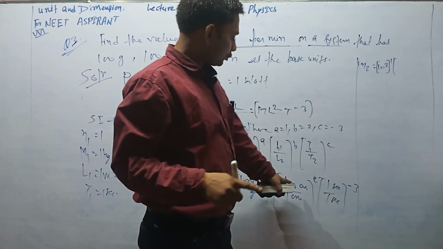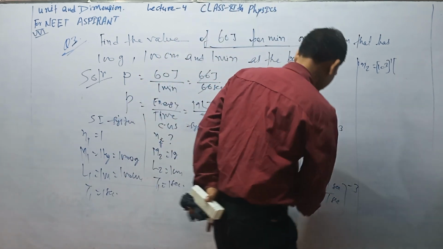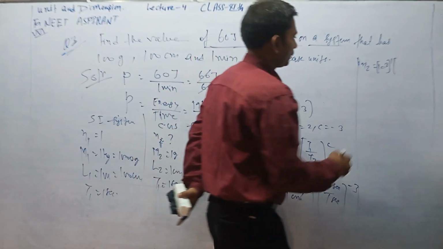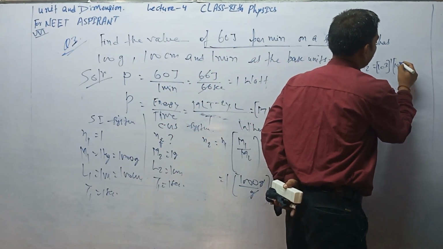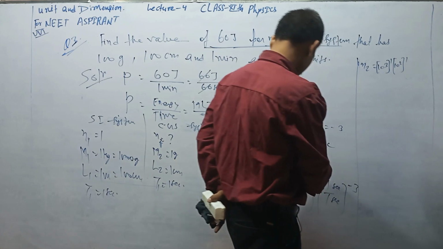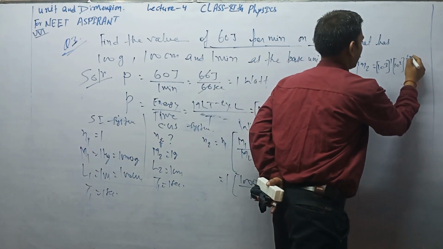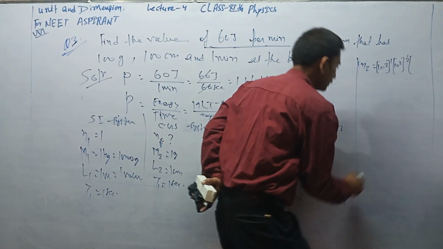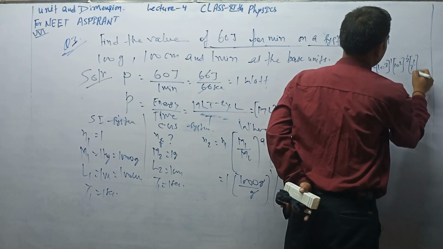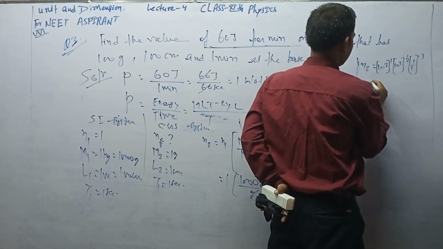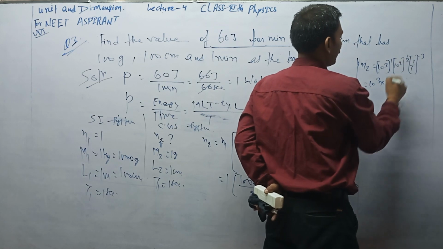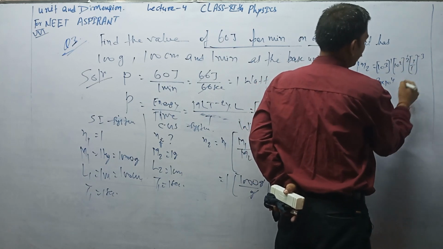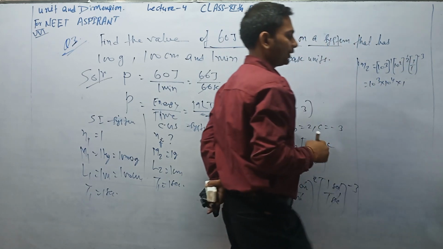Now 10 to the power 2 whole to the power 2, centimeter centimeter cancel out. 10 to the power 2 whole to the power 2, second second cancel out, 1 on minus 3, that means 10 to the power 3 whole to the power 1. Okay,